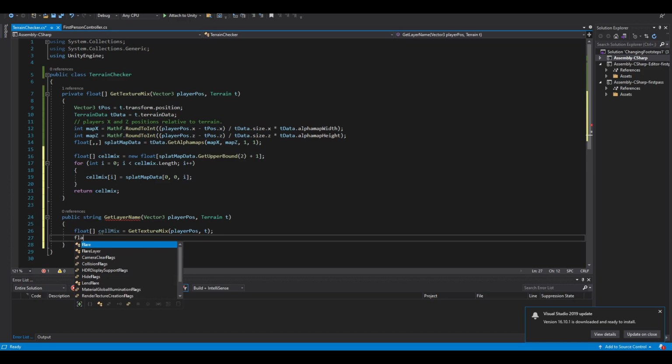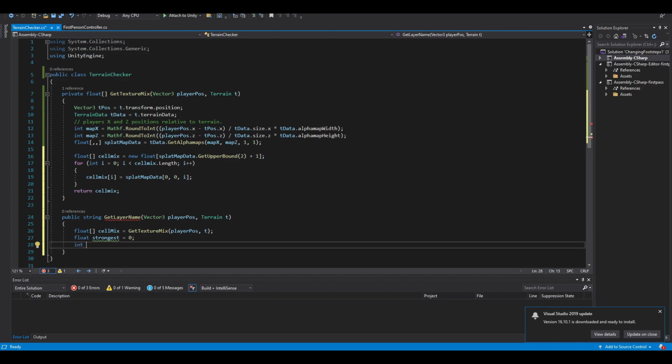Now we want to create a float value for the strongest texture. We'll call that strongest. We'll set this to 0. And we want to create an int for the index of the strongest texture. So we'll call this maxIndex. And this will also be set to 0. Now we can loop over all of our values and find the strongest texture. So we'll loop until